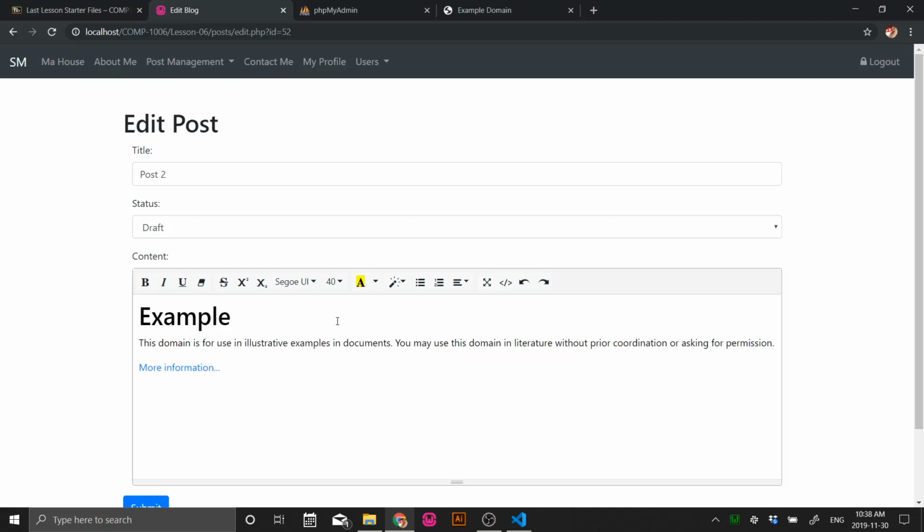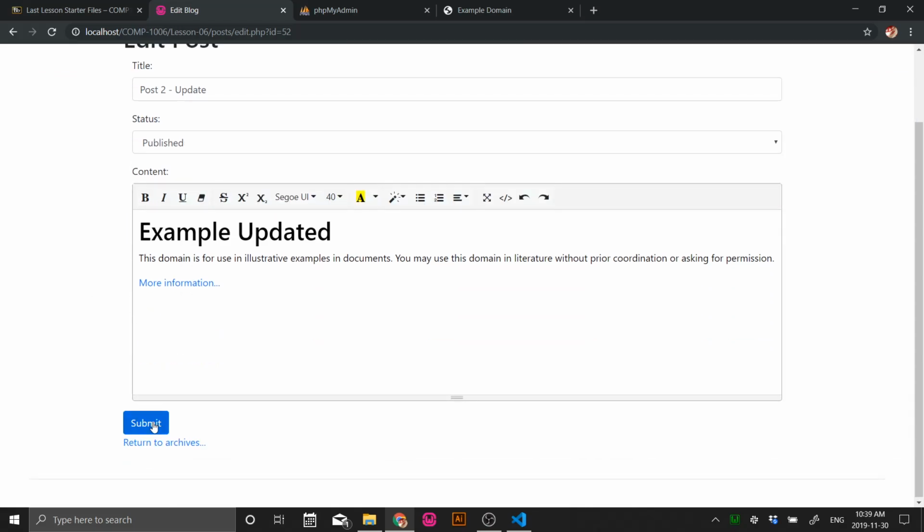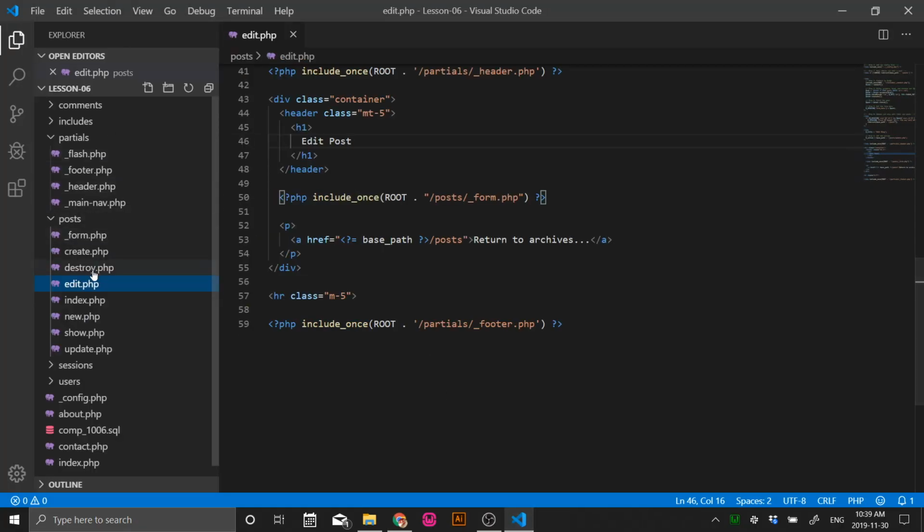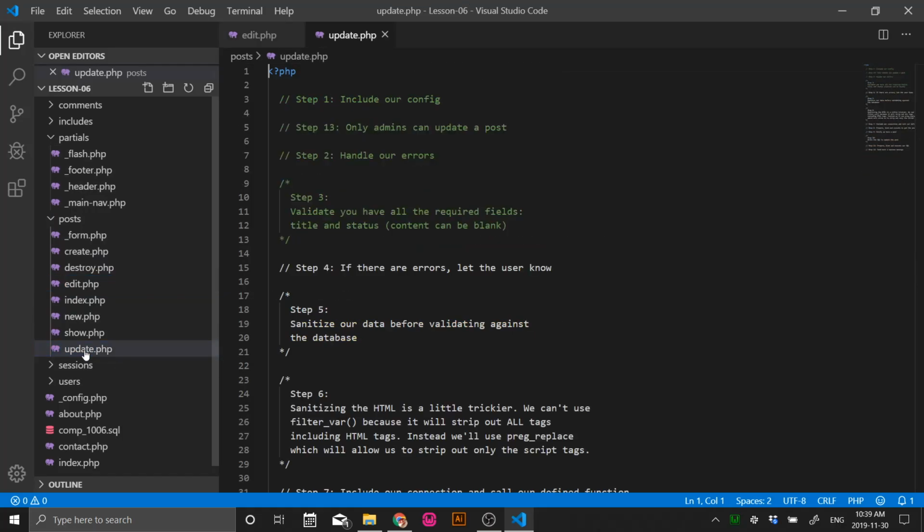So we could say example updated, like so. Updated, there we go. Change this to published. Cool, and submit. And that's going to go to our update.php page, which is our next location as well. So let's go ahead to posts, go to update.php,